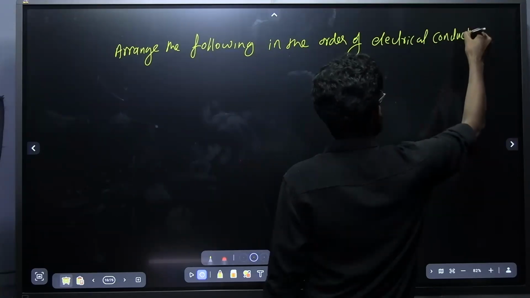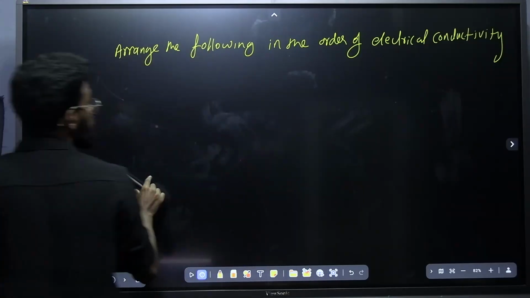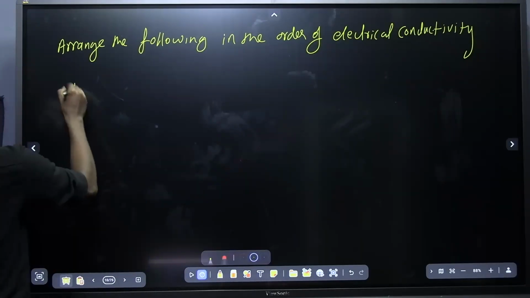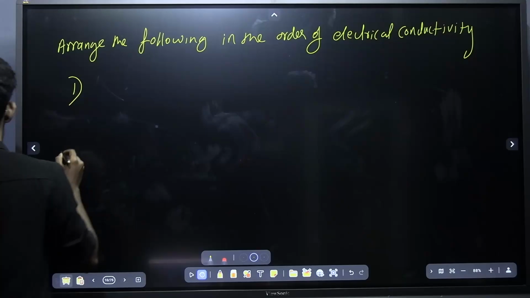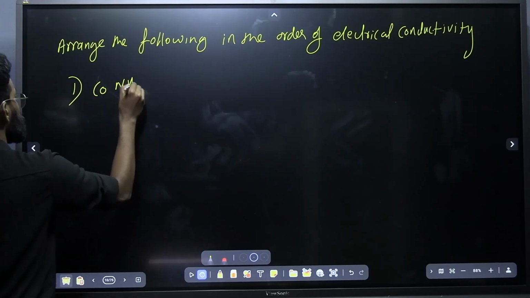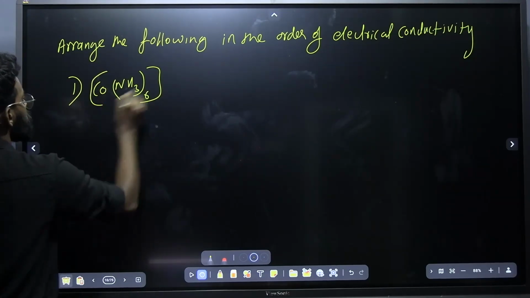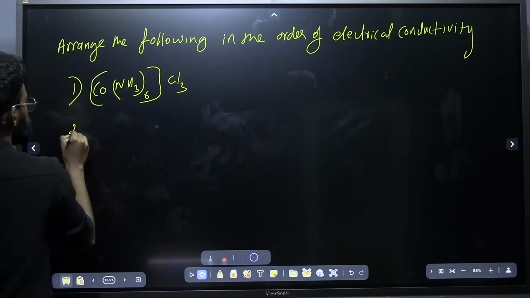Order of electrical conductivity. Arrange the following in the order of electrical conductivity. Okay, the first option is [Co(NH3)6]Cl3. Second one is